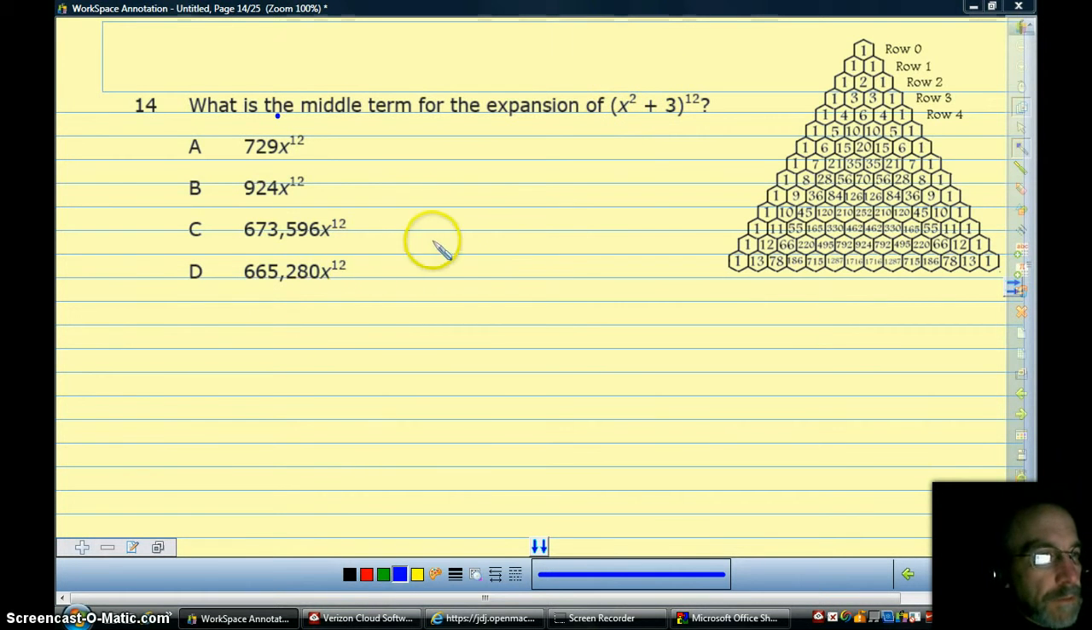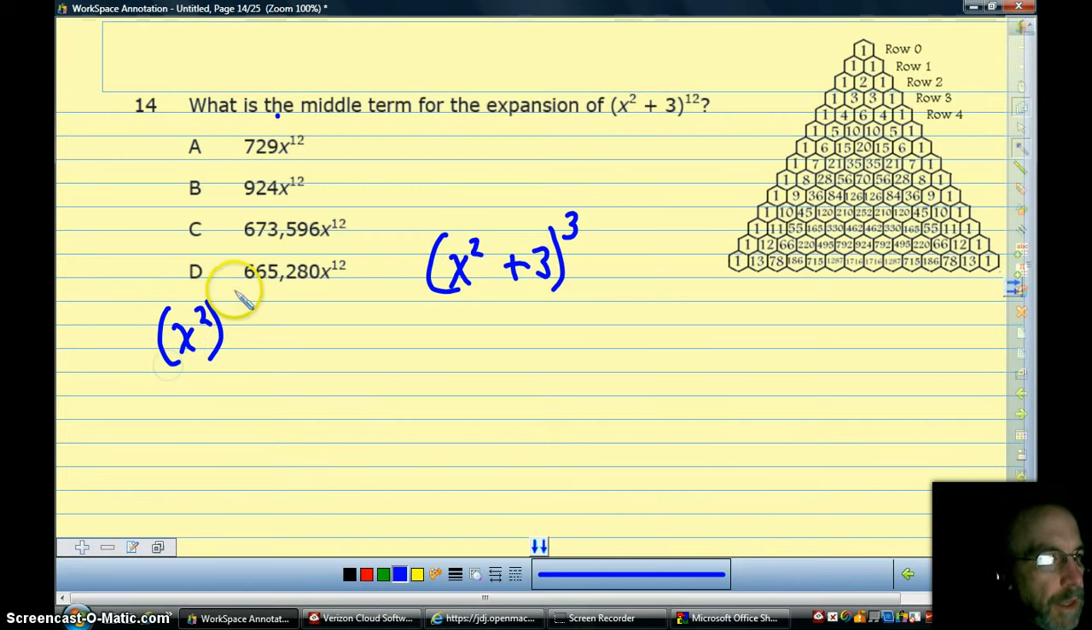Now, let's for a minute remember how we do this. Let's pretend for just a minute that we had x squared plus 3, and instead of to the 12th it was to the 3rd, because that's a little easier to deal with in terms of reminding us how to do this. If it were x squared plus 3 to the 3rd and we had to expand it, we would start by taking the x squared term, the term on the left, and it would be to the 3rd, which is what the exponent is here, and we would start left to right,